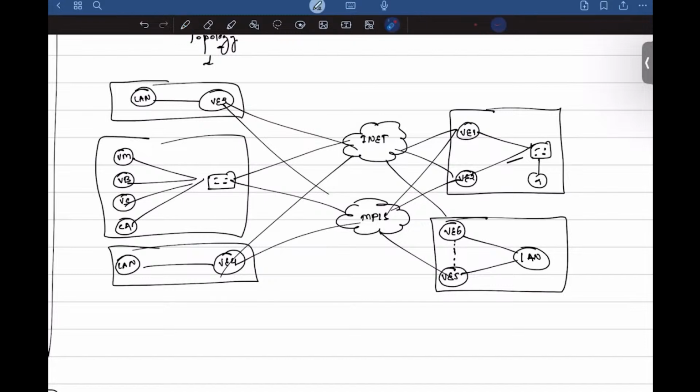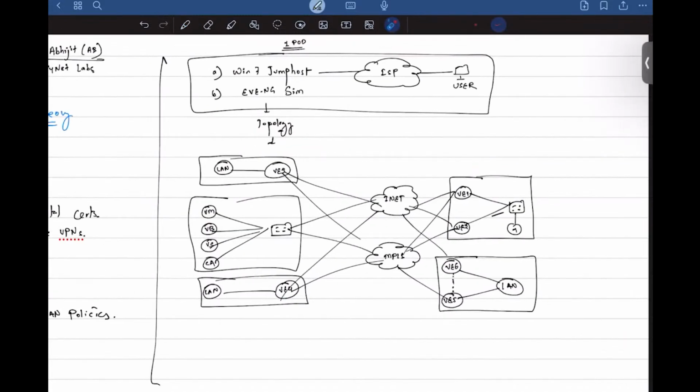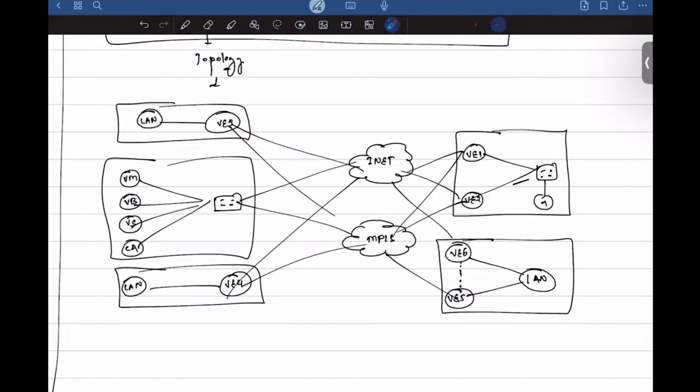So we cover all the scenarios, right? We have a site with device redundancy as well as link redundancy. Then a site with just link redundancy and not device redundancy. And then a site with link redundancy, but cost-effective link redundancy.